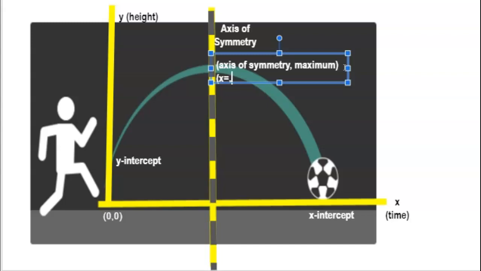So long as you remember that the axis of symmetry is written as x equals, and the maximum value is going to be whatever y equals, you are halfway there to getting at least 2 problems right on a quadratic type exam. Okay, you may not have one that just says quadratic exam, but that's something to keep inside your memory bank. Okay, then let's talk about the x-intercept here. The x-intercept will represent how long,